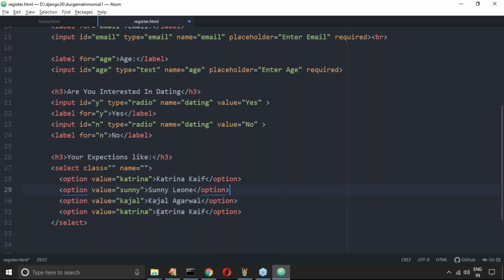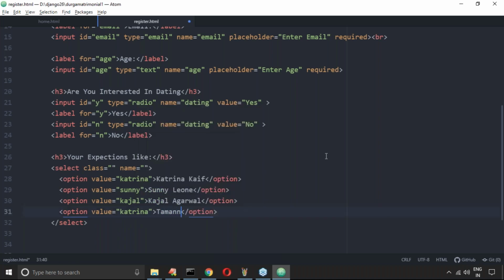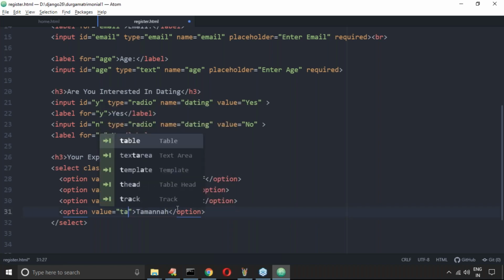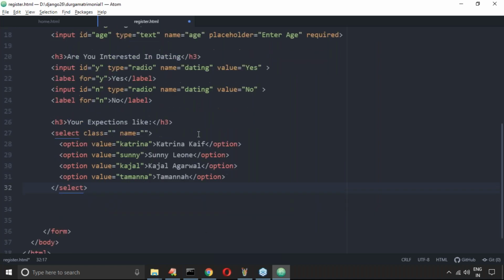Yeah, Kajal. Any other? Tamanna. There are some very hardcore fans, it seems. Tamanna. Tamanna. Okay, I took four options, sir.